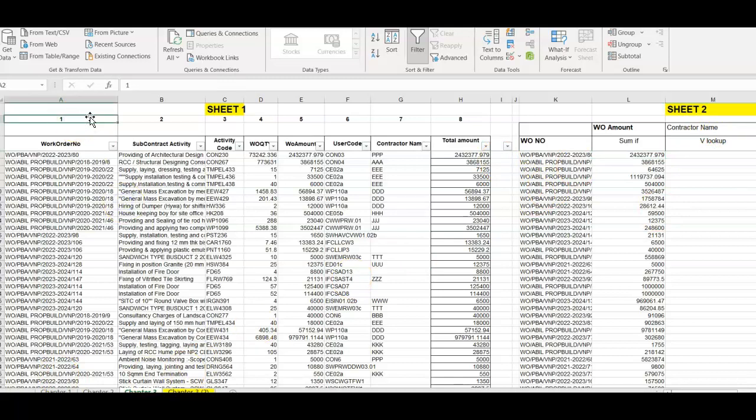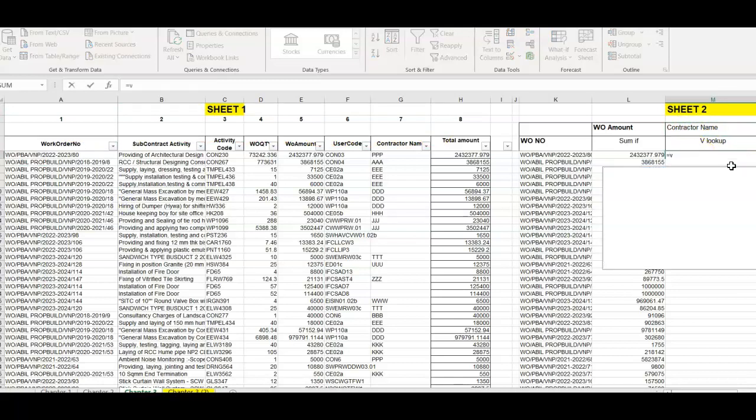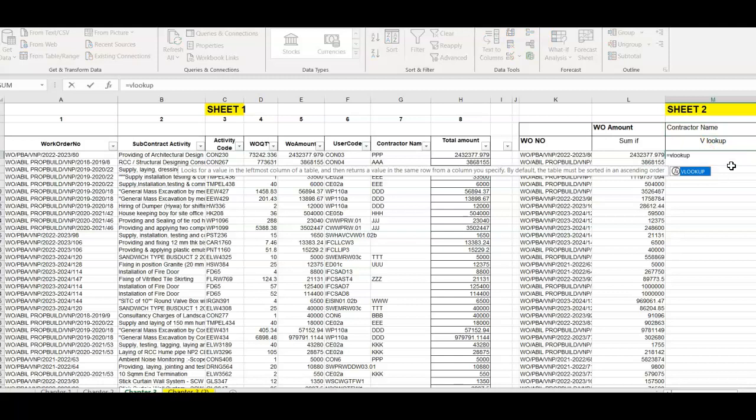Now, in VLOOKUP, how to set that formula? In VLOOKUP, we require a column number. We require a contractor name. Now go to VLOOKUP, compare data, work order number, freeze only the first alphabet,